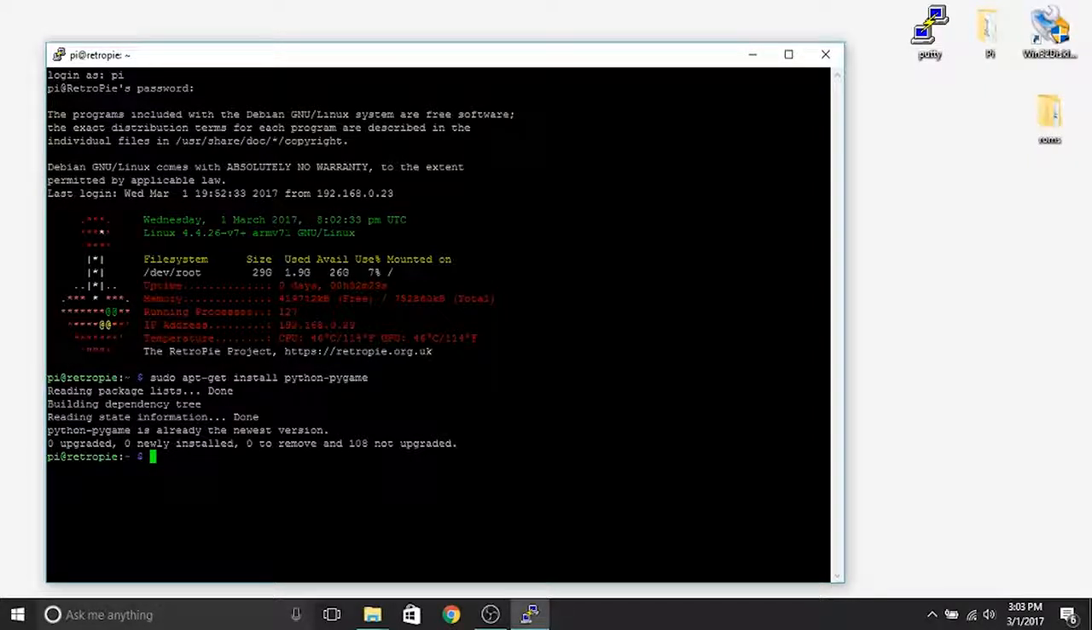But if you don't already have it installed, after it starts to install, it'll say, are you sure you want to do this, or do you want to proceed? You'll hit the Y button and hit enter, and then it takes about, I would say, 5 or 10 minutes to install. So just let it do its thing. You'll know it's finished when this green little pi@retropie pops up, and it's ready